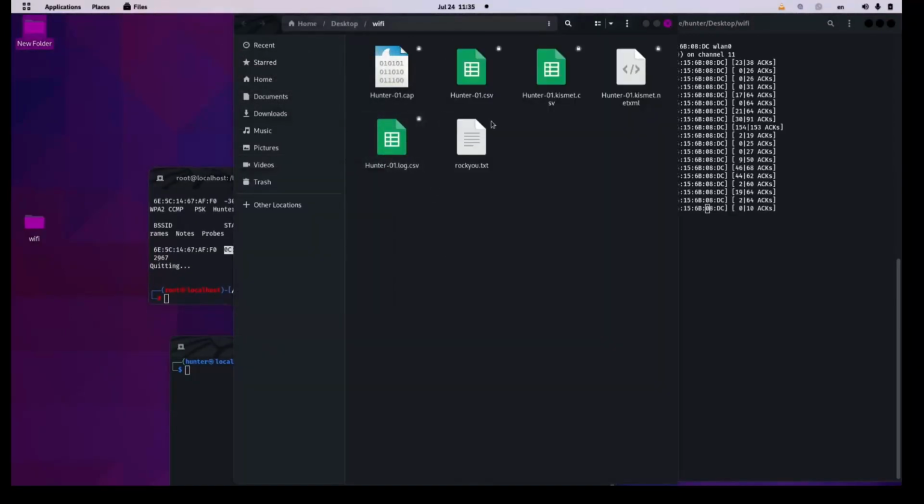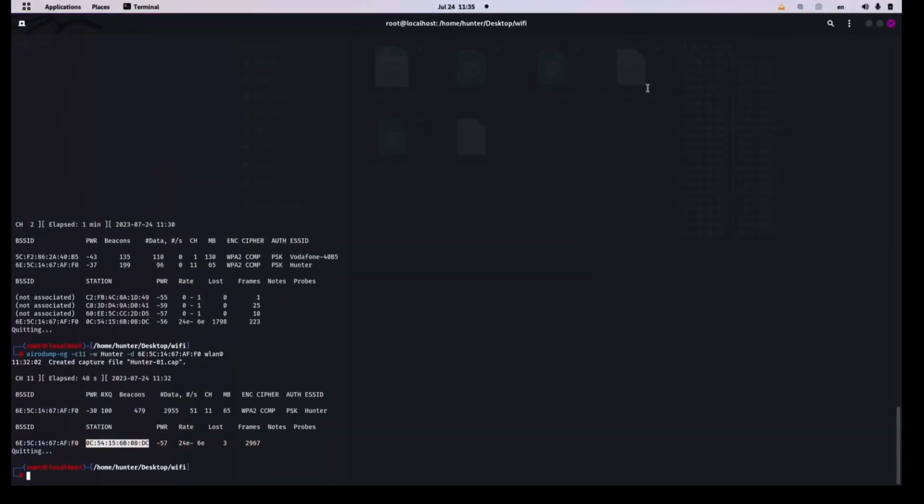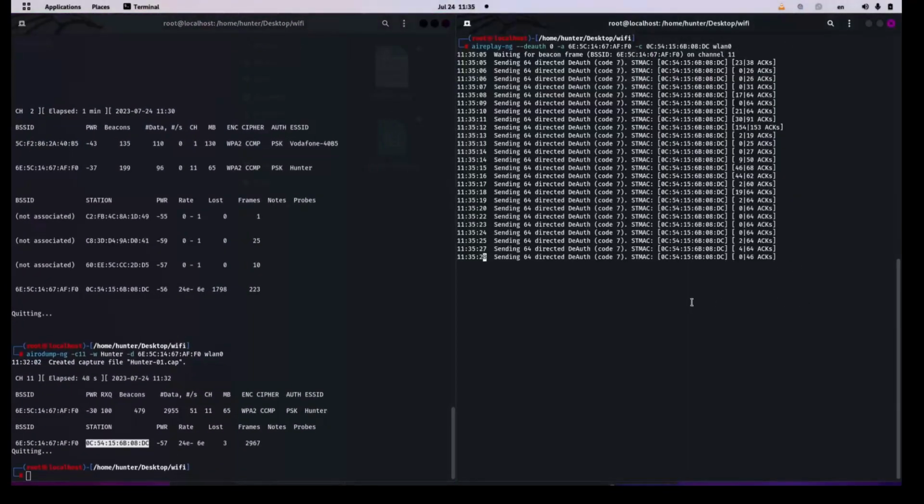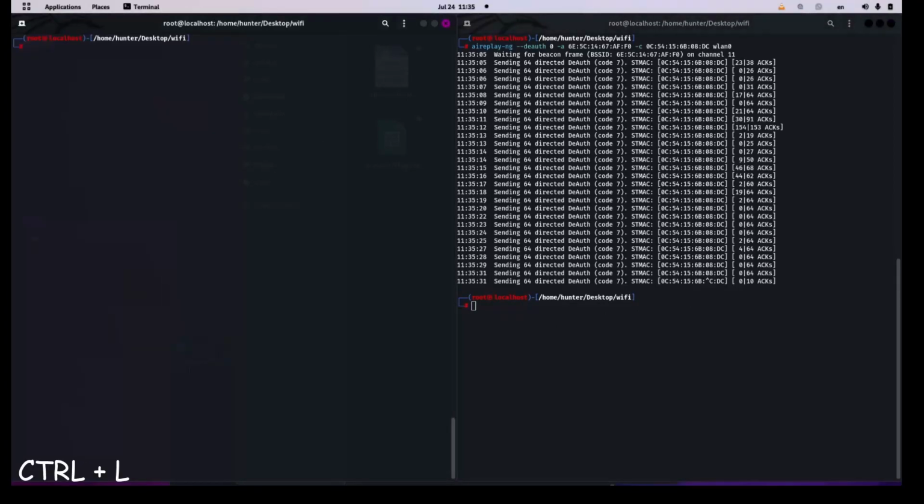So if you can see, the files have already been created, the handshake has already been captured. So what we will do next is we can go ahead and put a stop to this, Control C, and then we can clear this, Control L to clear. The next thing that we are going to do now is to be able to decrypt that. So we decrypt that by using the same file that we